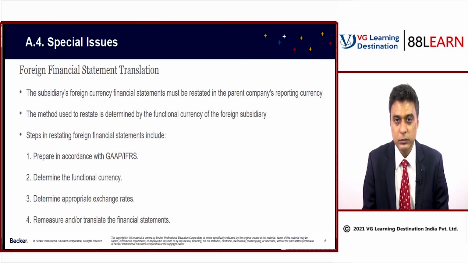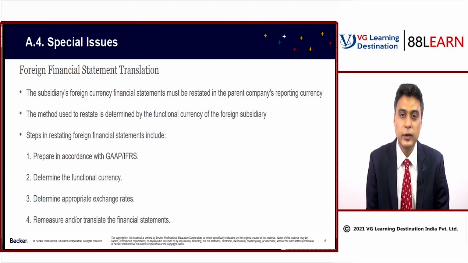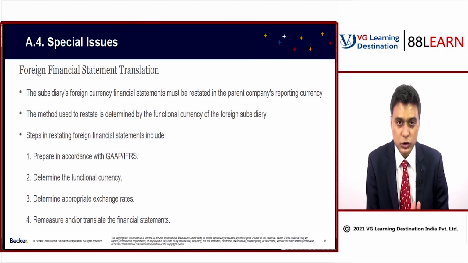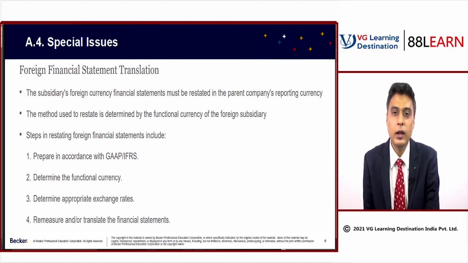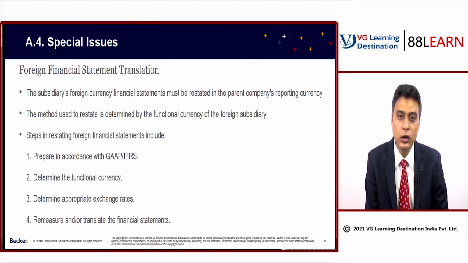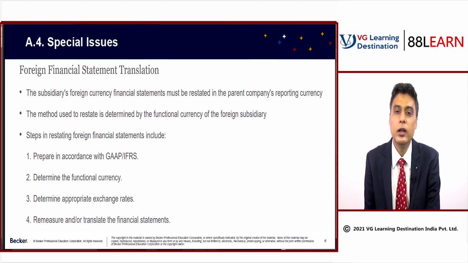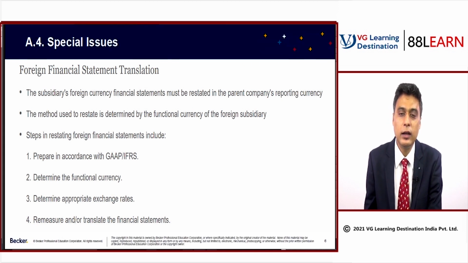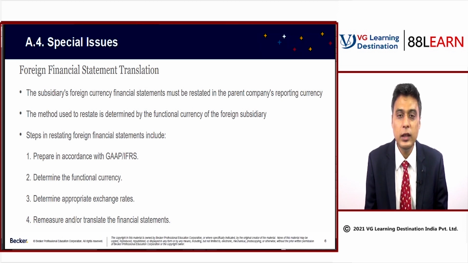In the second example, we said that the financial statements are prepared in the local currency of the country of Ecuador. So now we have to convert the financials from the local currency to the functional currency, which is USD. And the moment we convert it from the Ecuadorian local currency to the US dollar, we will automatically reach the reporting currency. That means, again, we will just have to take one step. And in the case of Germany, we have to take two steps. First from local currency to the functional, and then functional to the reporting. So the method used to restate is determined by the functional currency of the foreign subsidiary.